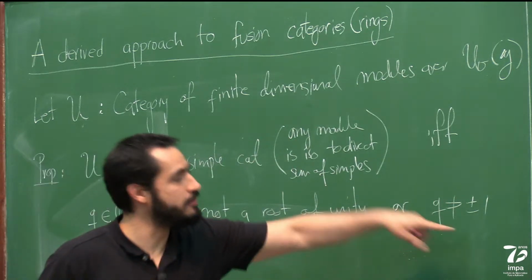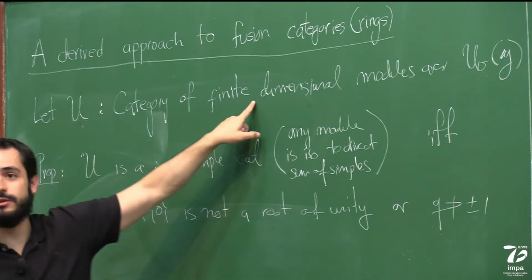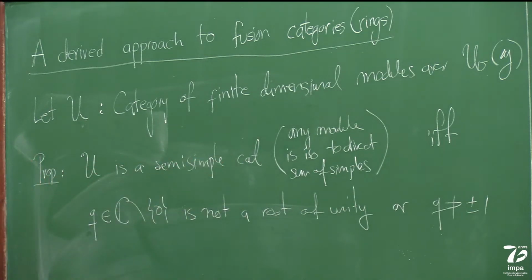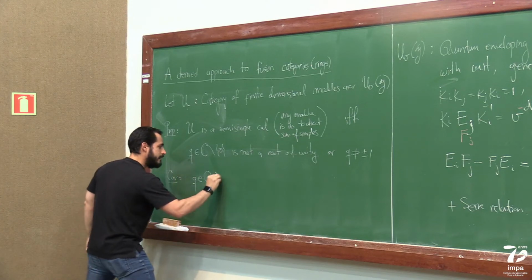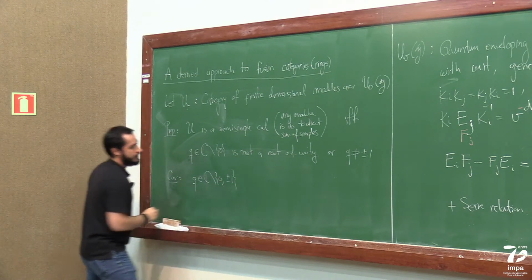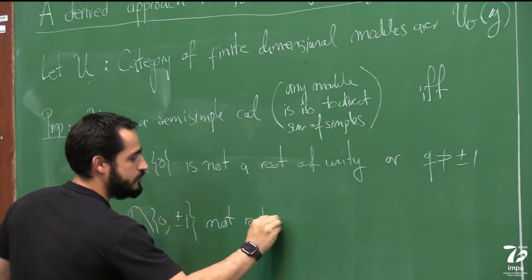Because in this case you are going to recover the usual category, and if it is any possible number or a generic variable, but it's not a root of unity, then this one is a semi-simple category, because this one is the category of finite dimensional modules. What I'm saying is that in this situation, when Q, let's say, is not 0, neither 1, and not a root of unity,